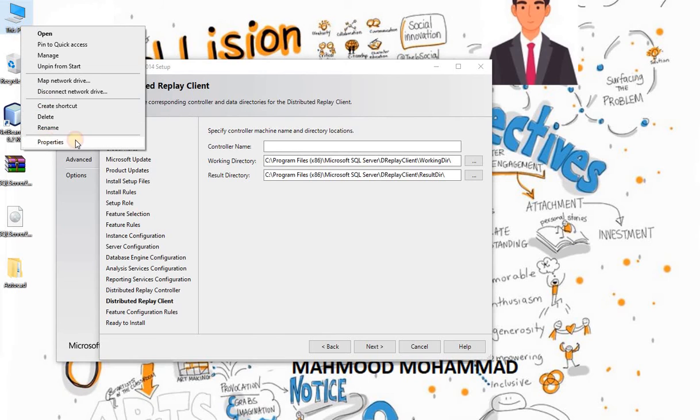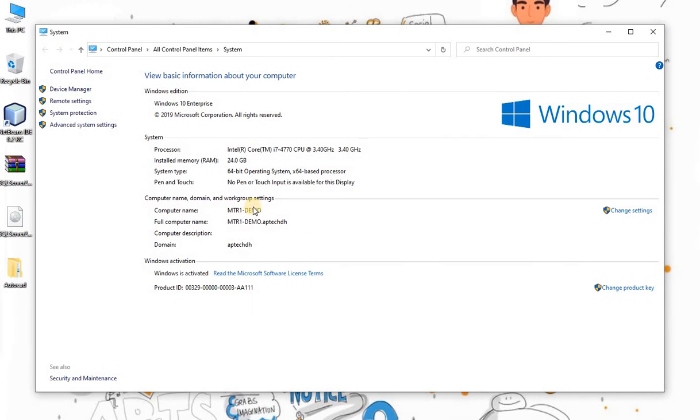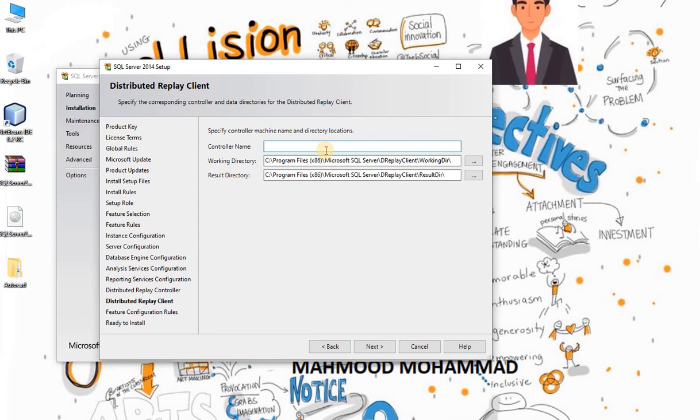Right click on the computer, properties, and you can see here the computer name mtr1-demo. So you can give the computer name mtr1-demo. Either you give it or not, it will not affect things now. But if you are working on a server based configuration, then you have to give your controller name, which we call the domain controller. Say next.